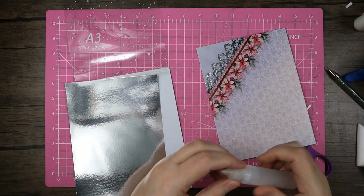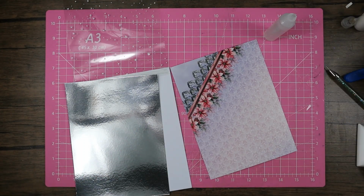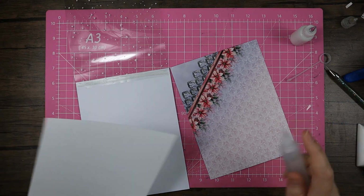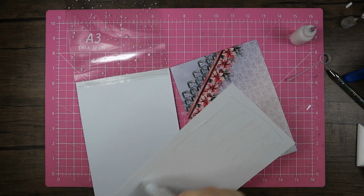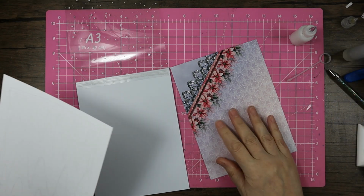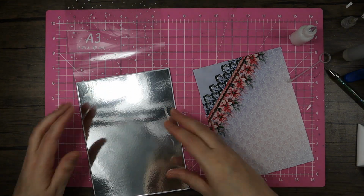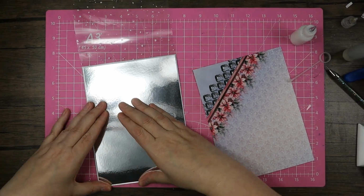Okay, so the glues I'm going to be using as usual. In this one I've got the Kalau all-purpose, and in this one I've got the Kalau tacky glue. I'm just going to go with my all-purpose on this one because I do believe it sticks to the acetate anyway, but there's only just that little lip at the top, so we can always come in later with some other glue if it doesn't, but I'm pretty sure it will do. Let's pop that on there,